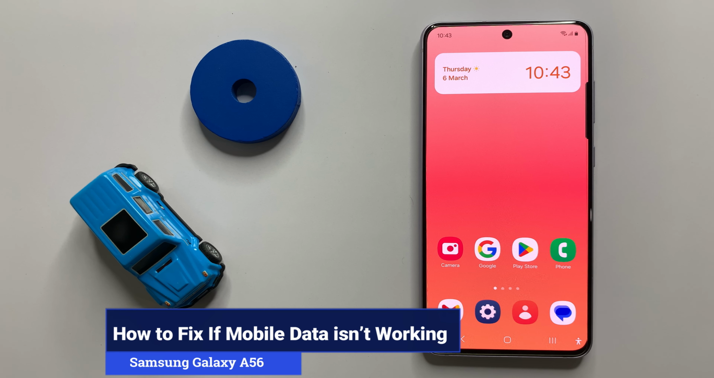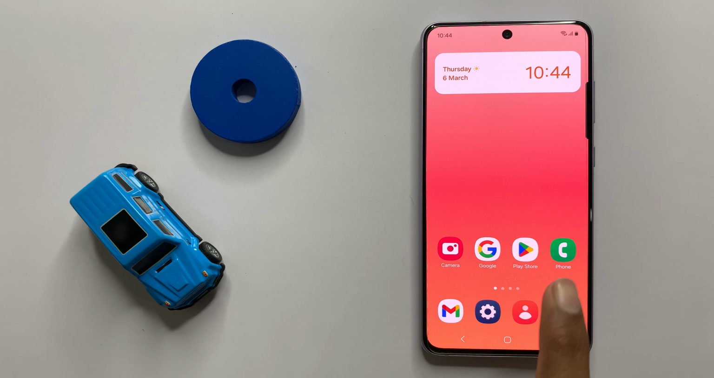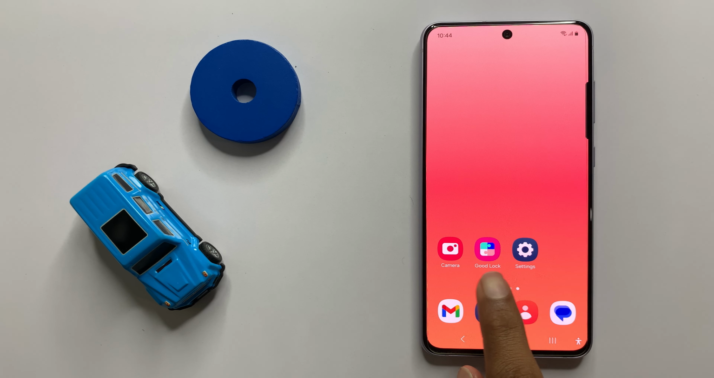How to fix mobile data is not working in Samsung Galaxy A36. So let's start the video. First of all,